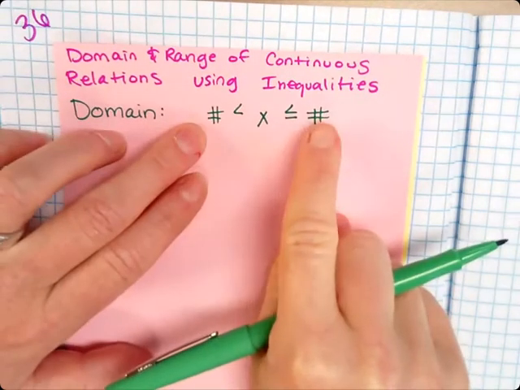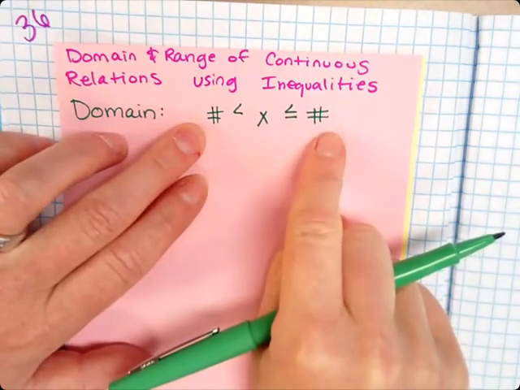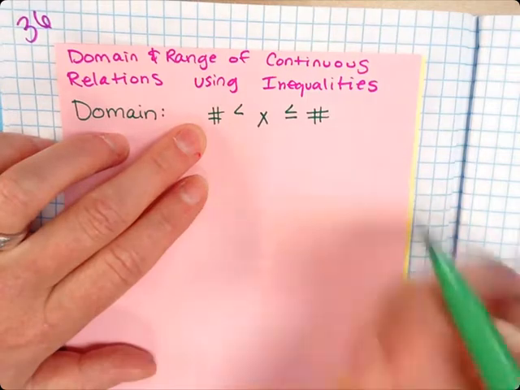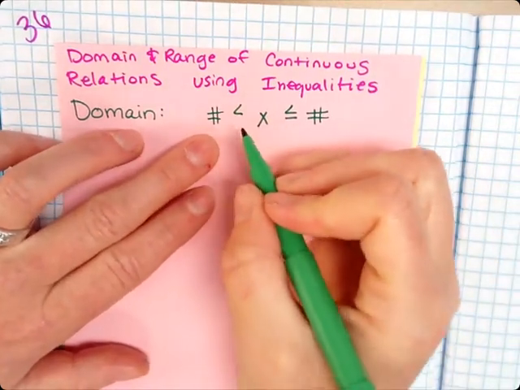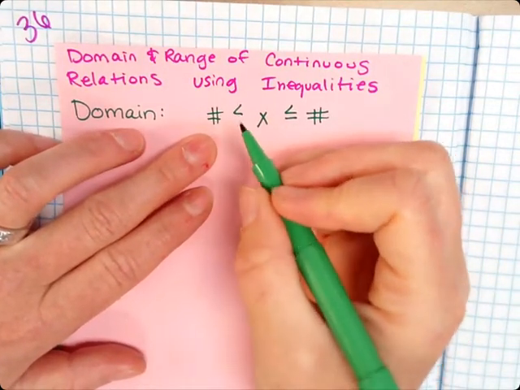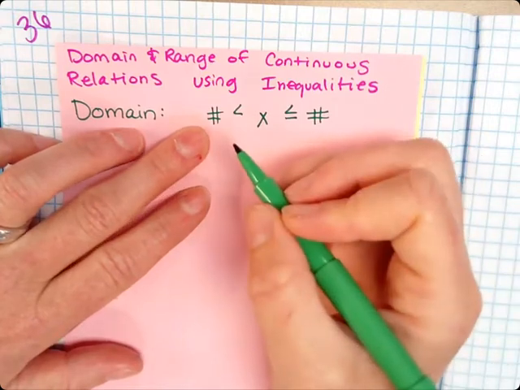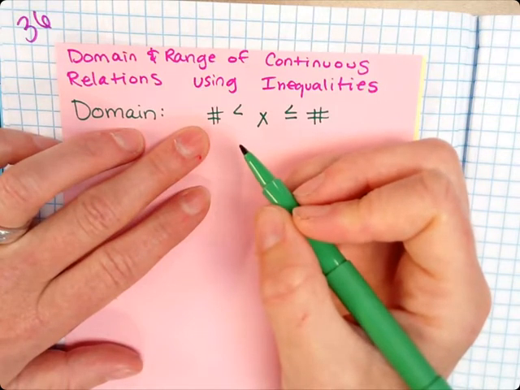So these are just two numbers that x is between. The less than means that number isn't actually included. It has to be